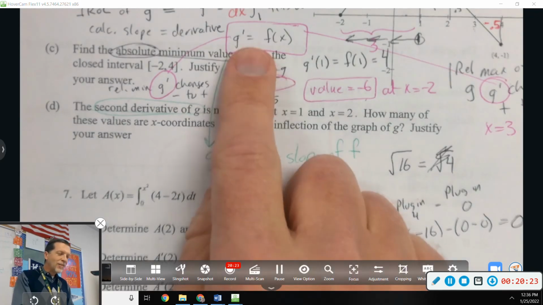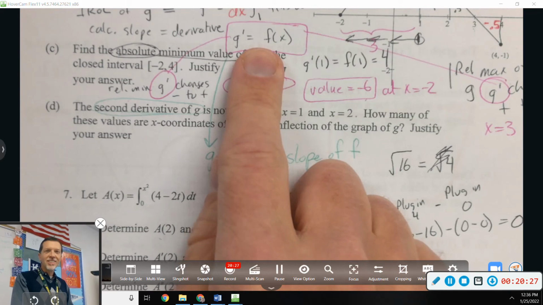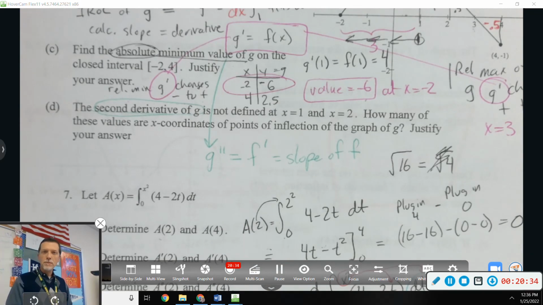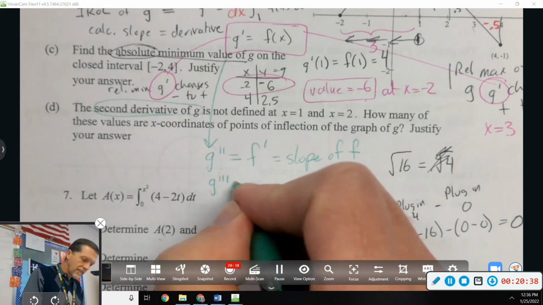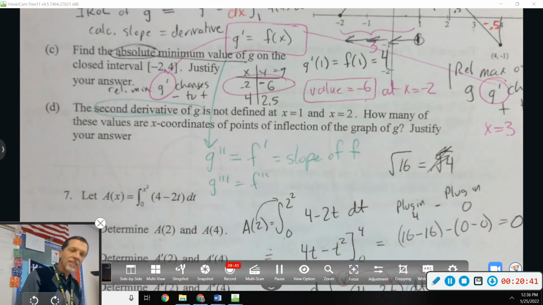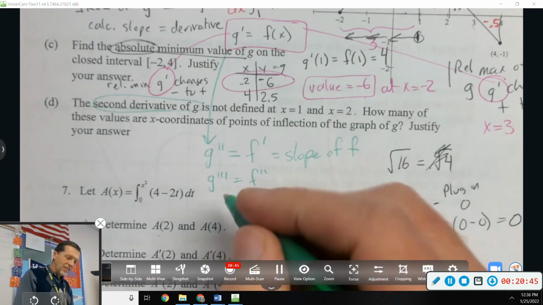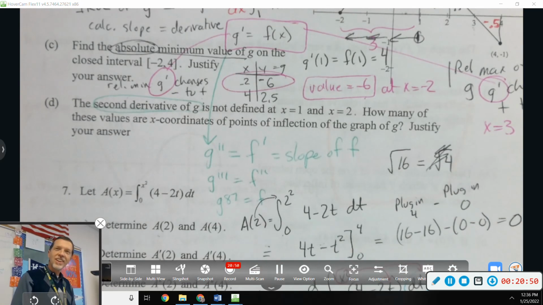If you have g prime equals f, you pretty much just take a derivative of both sides. You literally just take off a tick mark. Yep, that's the way it works, or add a tick mark, as long as you do it to both sides. The more tick marks are on the left, so you just take one off when you're going to the right. With the big F, you always just take one. So the third derivative of g is the second derivative of f. You just take off a tick mark on the other side. And the 87th derivative of g is the 86th derivative of f. Now, we would never do that, but that's the pattern that you recognize. So then whenever it's like the